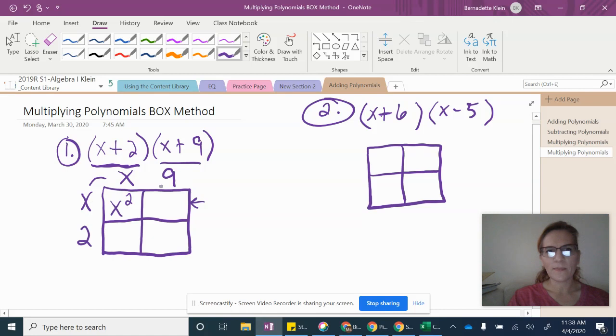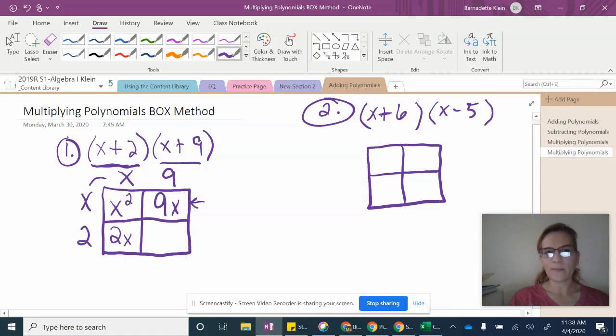X multiplied by 9 will give me 9x. To get this bottom left box, I've got the 2, and you can see the x. They meet on this box. So 2 times x is